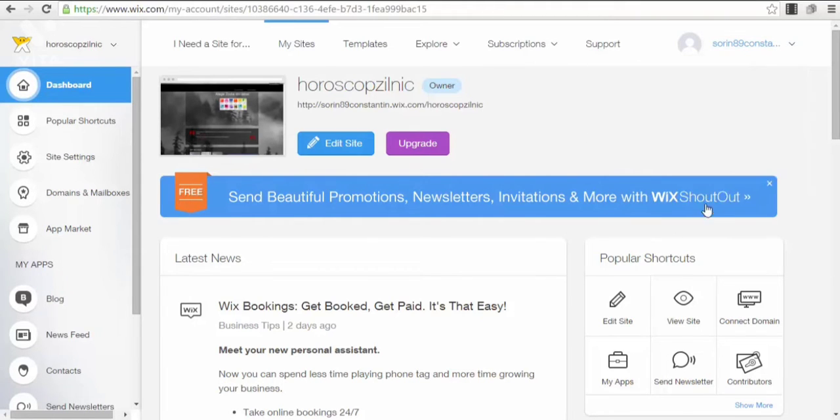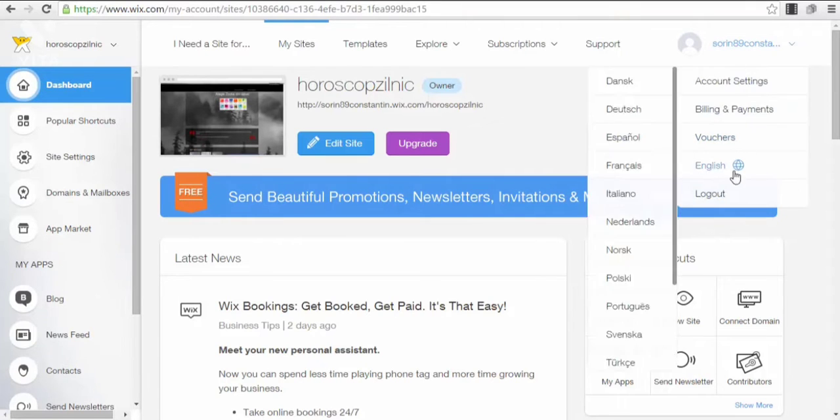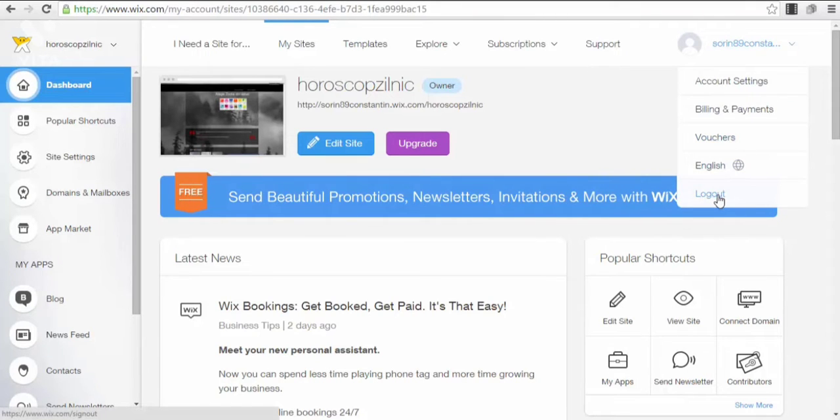Okay, if I log out of my account and enter Wix.com, I will have the option to either create an account or sign in. And if I press the button sign in, I will also have the option to sign in with my Facebook account. So it's not even that complicated. If you are already logged into Facebook, you enter Wix.com, press the button sign in, you will have the option to sign in with Facebook, you sign in, and